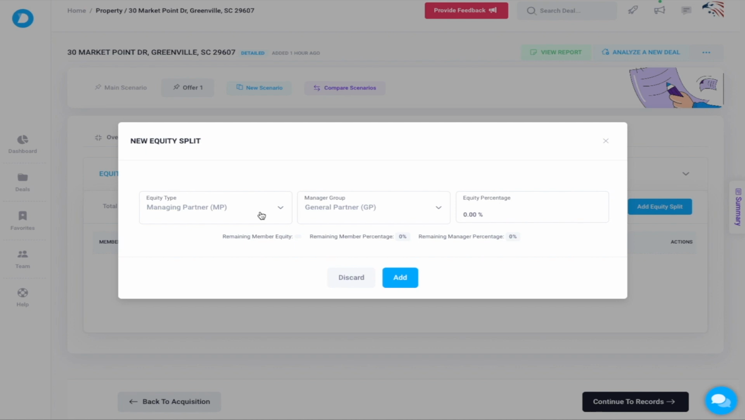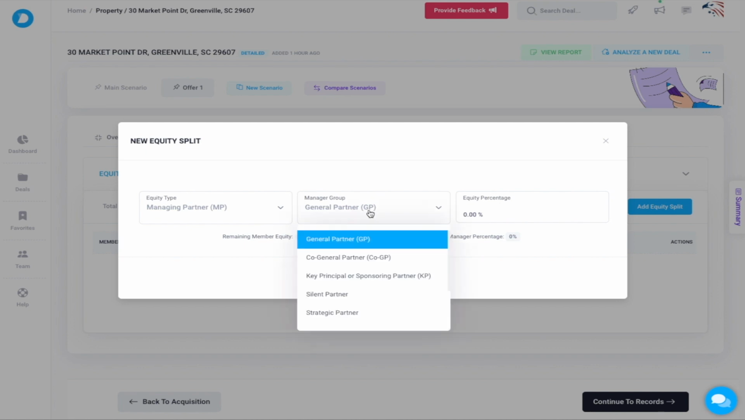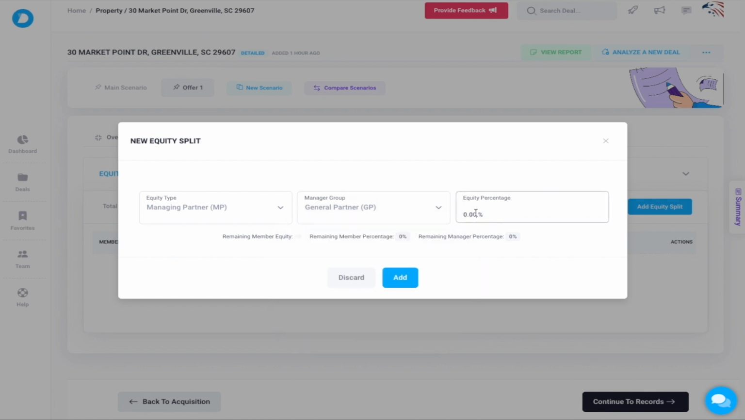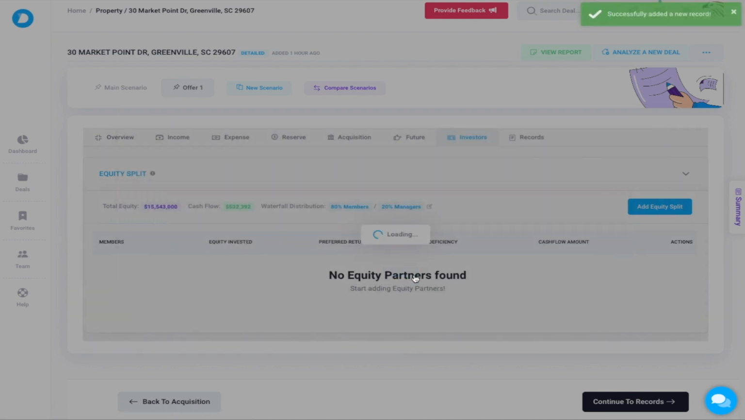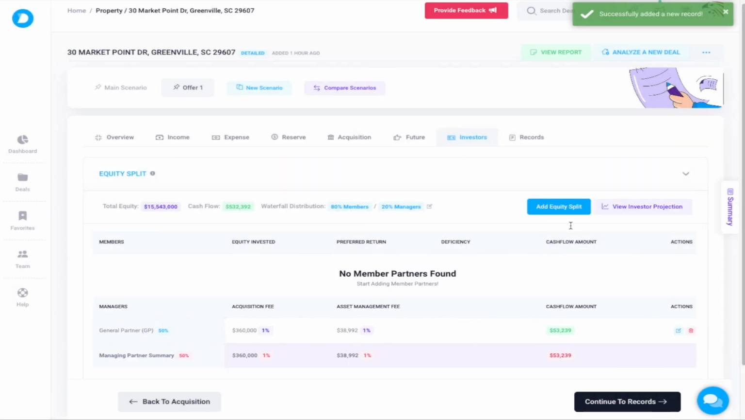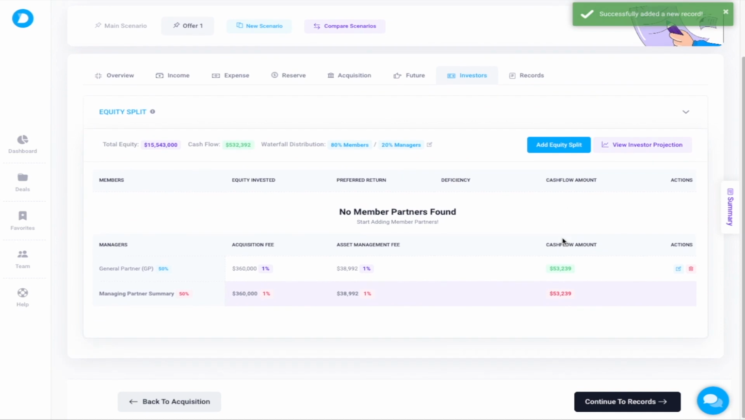So we're going to add in our managing partners first. Say this is our lead general partner. We have a co-general partner, a GP, a silent partner, strategic partner, whatever that is. Say the lead general partner here owns 50% of this deal. They're the one who found the deal. They're working on the deal. This is their deal. They're bringing in another equity group, and now they'll own the other 50%, or we can